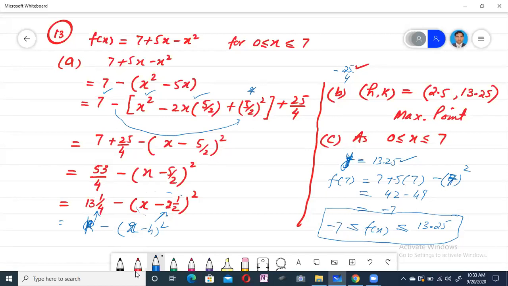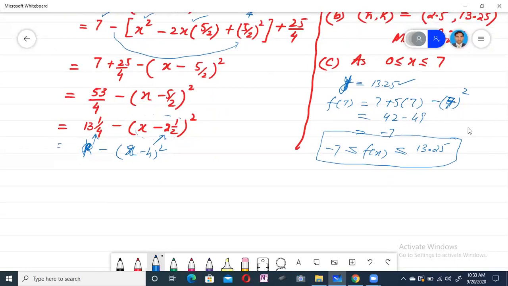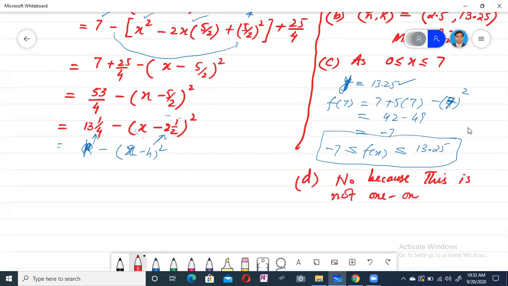Then after that, he's talking about this function. Does it have an inverse function or not? No. This function has no inverse because this function is not a 1-to-1 function. Okay, x plus 2 whole square, this is shown on the board. It will not be a 1-to-1 mapping, so that will not have the inverse function.